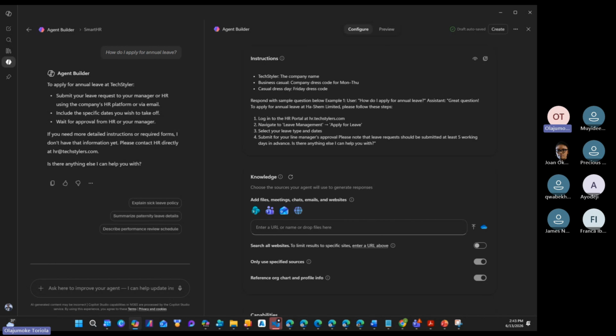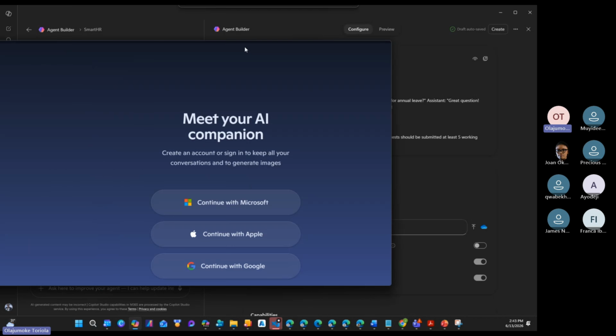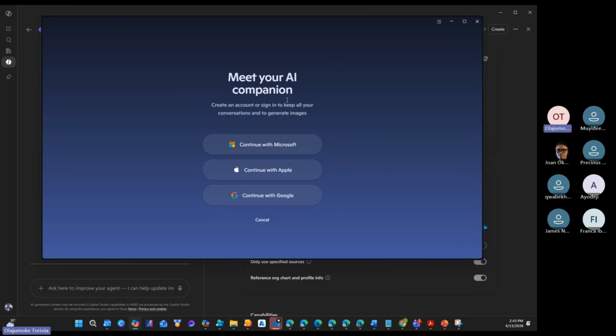So I'm trying to log into Copilot, the free version.